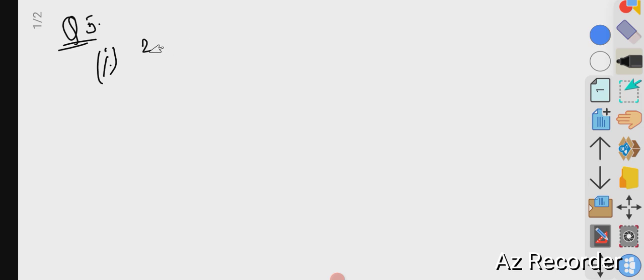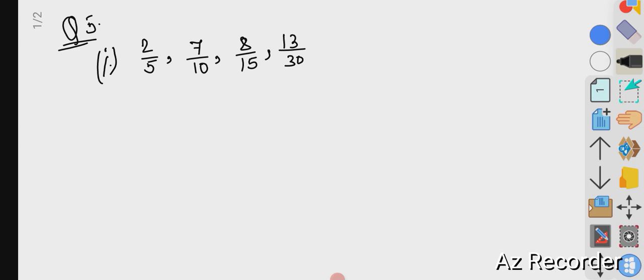The first number is 2 upon 5. The second number is 7 upon 10. The third number is 8 upon 15. And the last one is 13 upon 30. The procedure is exactly the same as what we were doing in the topic of fractions. Exactly the same, but a little